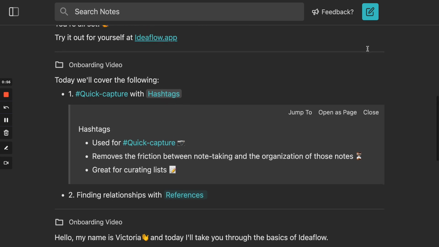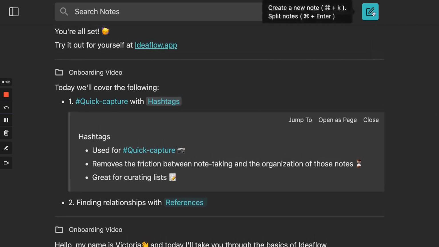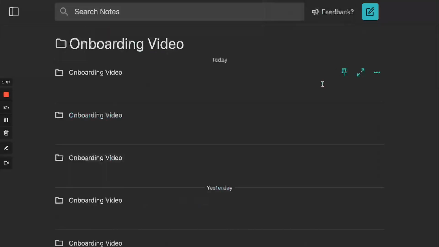I'll create a new note either by clicking on this new note button or by pressing Command K on my keyboard, or Control K for our PC users. So I'll click create new note, and let's say my friend comes over and she is raving about a new restaurant called The Breakfast Table. I want to remember this for the future, so I'll just write hashtag restaurant. And she also mentions that this is in Vancouver, so I'll just write hashtag Vancouver.